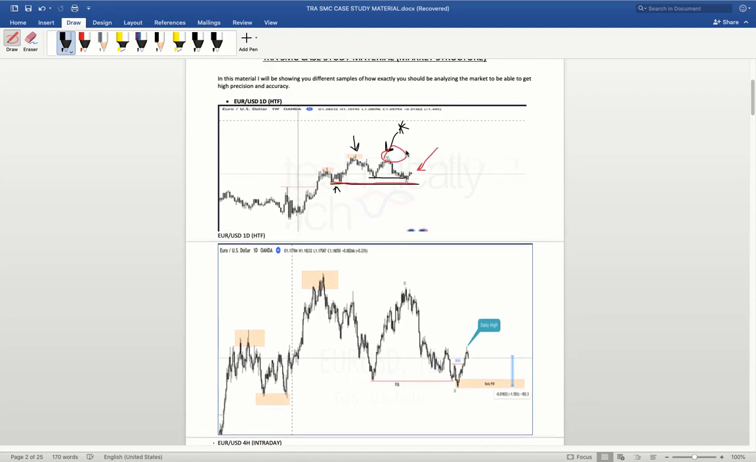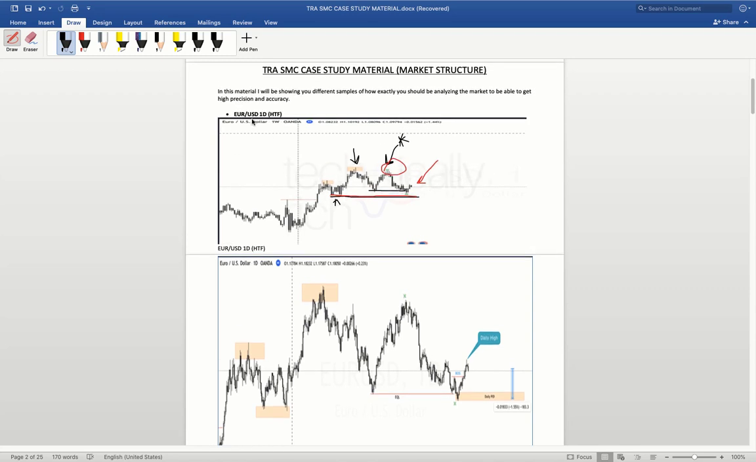Sorry, pardon me, this is the 1 week time frame, not the 1 day time frame. I think I made a mistake here by writing 1 day. So this is a 1 week time frame. Okay, so on our 1 week time frame, we have